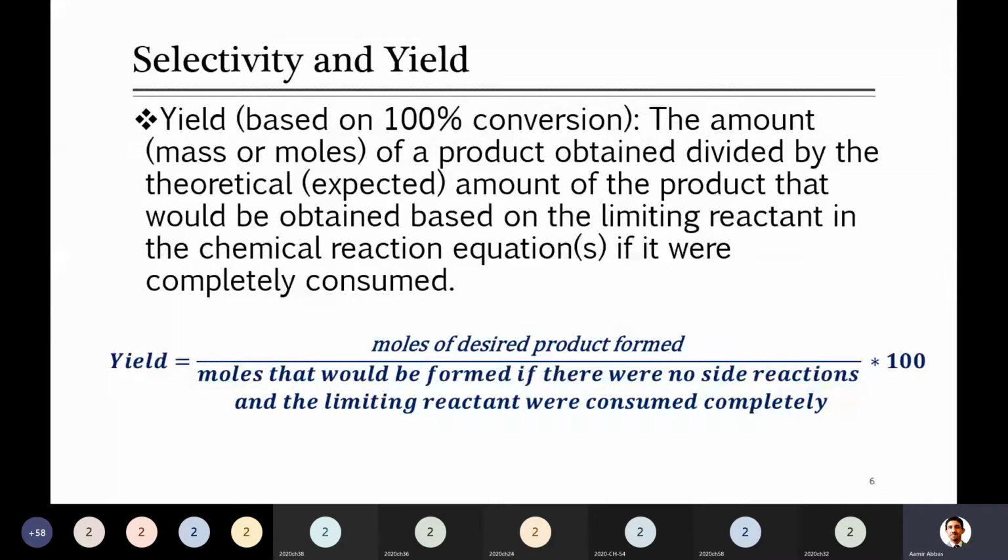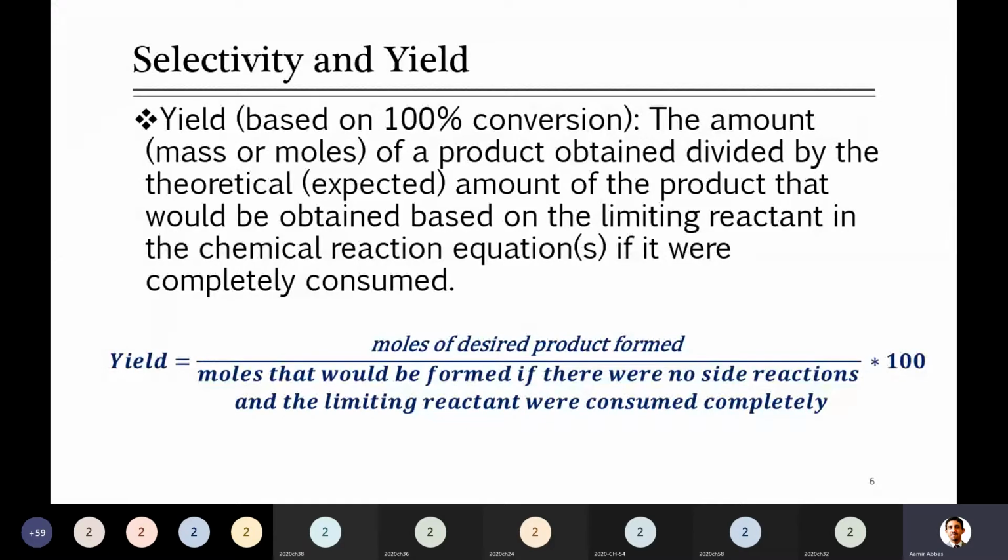Sometimes you report yield as moles of desired product produced divided by moles of any reactant entering the system. Sometimes you define it as moles of product produced divided by moles of the limiting reactant. And the third definition, which is provided here and is most commonly used, is based on